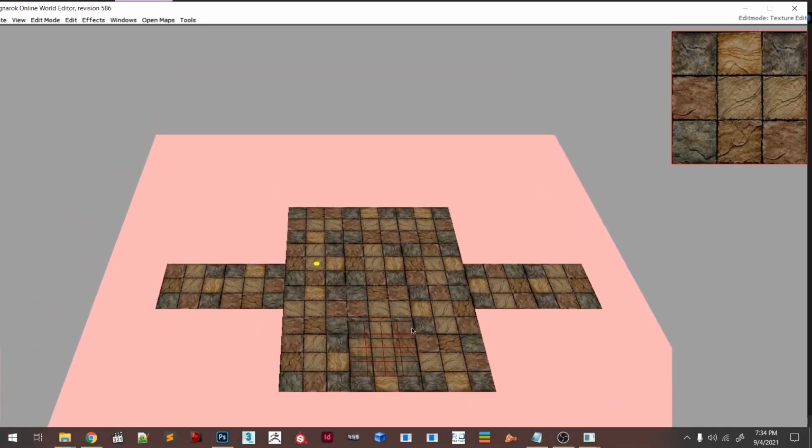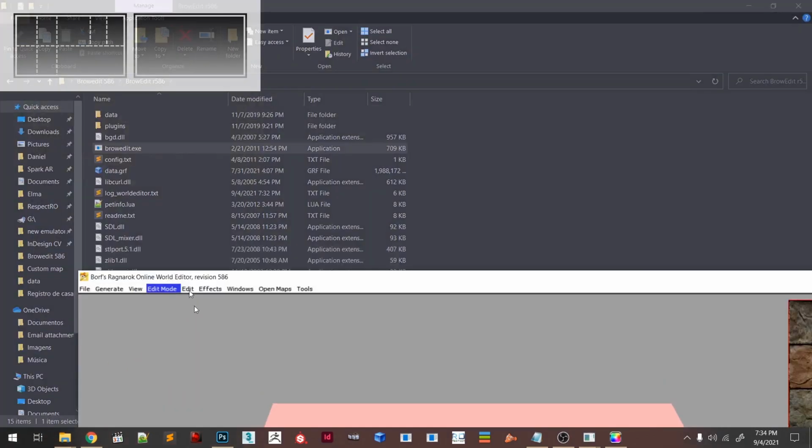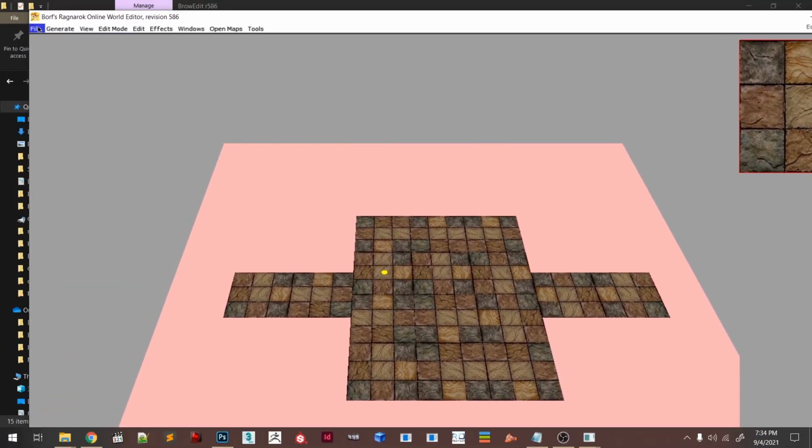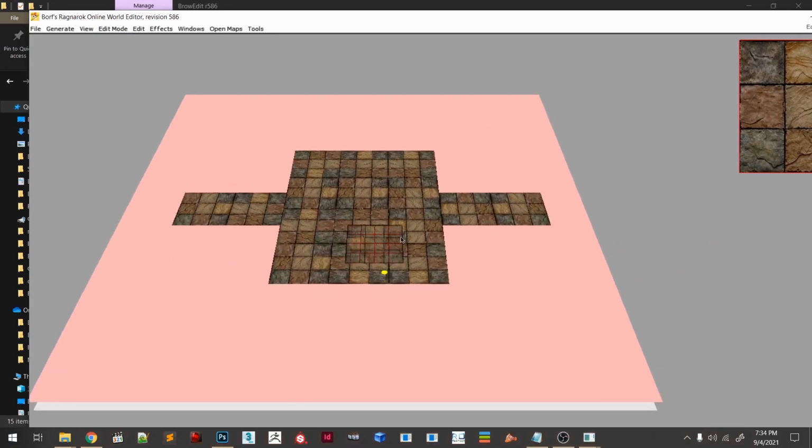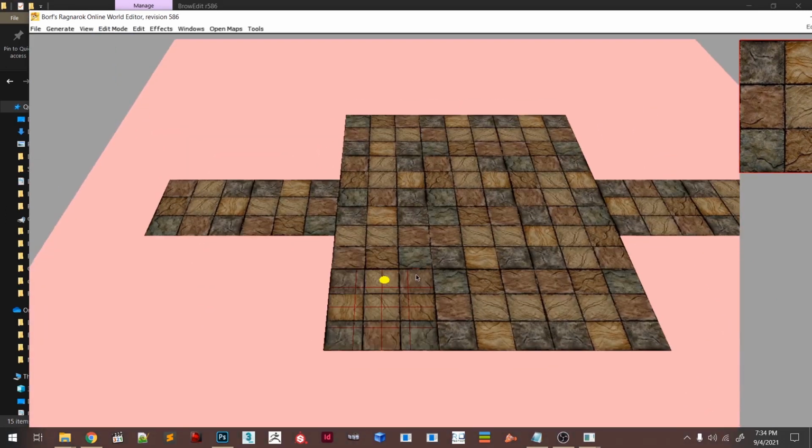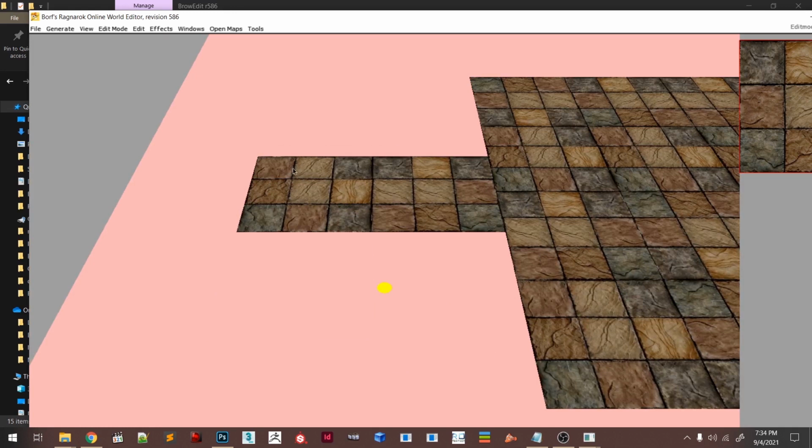I like this. I'll go to File and Save. Remember to save from time to time because, as it says, this program is really laggy and buggy. So I press F2 right now. F2 means global height edit. You can come to the menu and do the same thing.